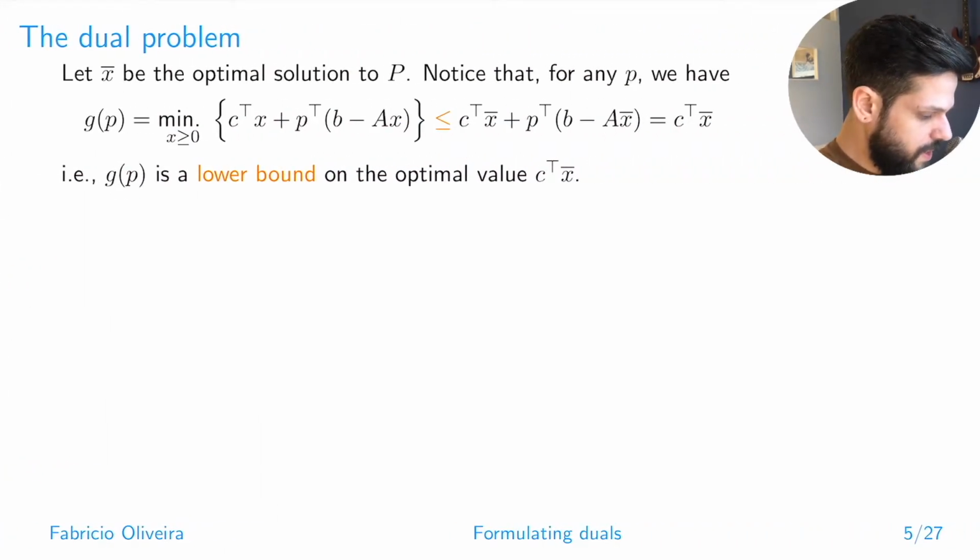So let's call this x bar the solution of my original problem P. This is one of the main properties that dual problems have, that we're going to be exploiting over and over again. And it relates to the fact that whenever we look at this problem that I'm calling GP, which is basically solving my relaxed version, my unconstrained problem, my penalty version for a given set of P's, it consists of minimizing